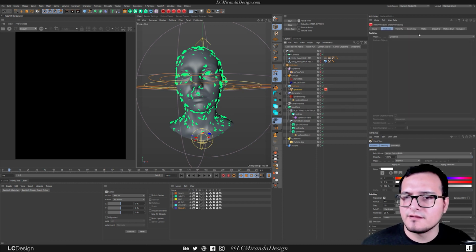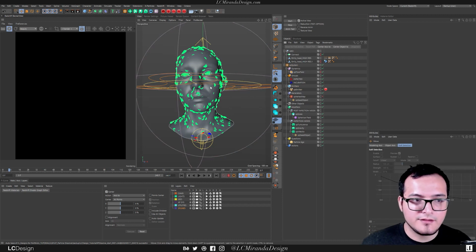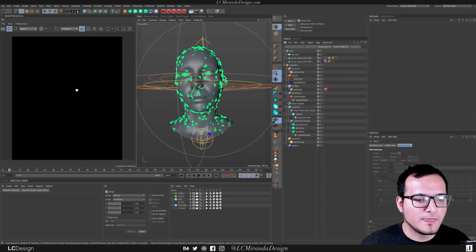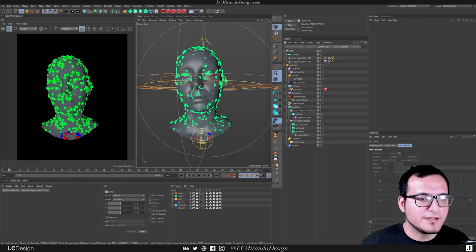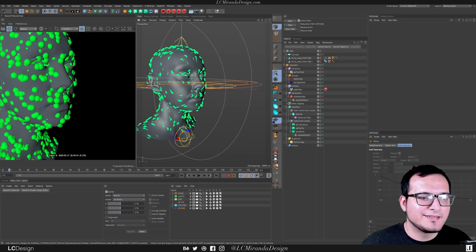Redshift object, and let's go ahead and just put this as optimized spheres just for right now. Cool. Now let's press play. They're going to appear bright green because we haven't applied any material to them. Cool. So you see how they're just kind of coming out through the head, and it just looks kind of